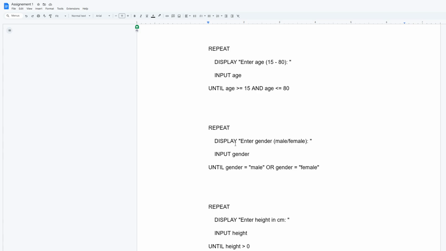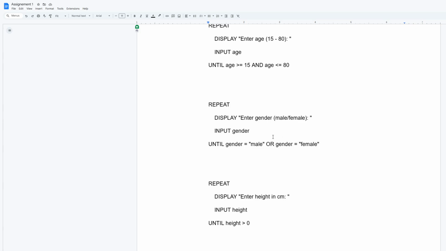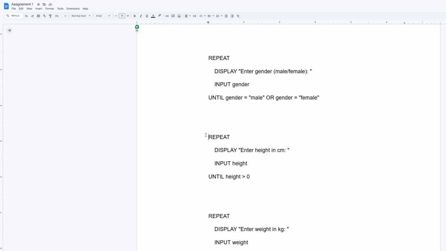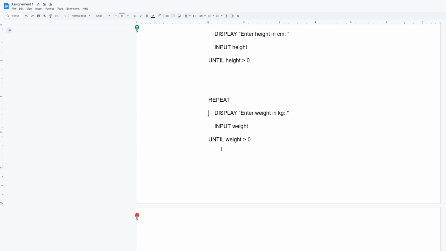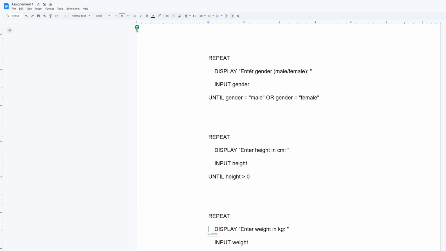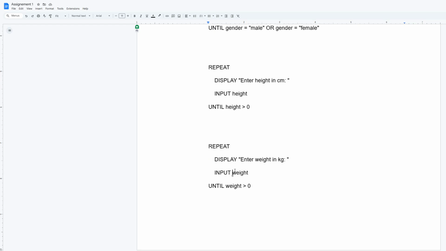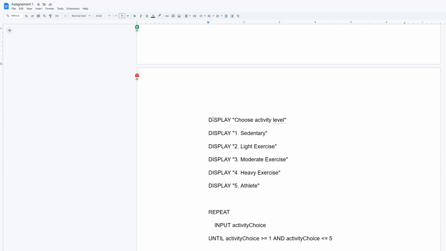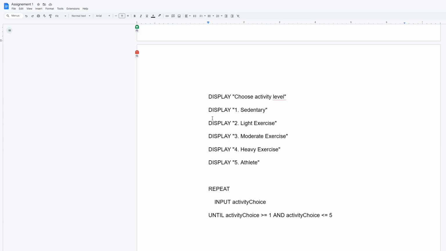All right, then we will be inputting the gender. It'll be calling for the gender, whether it's male or female, input, and then repeat until gender is male or female. There, it uses this repeat statement for each part of the code until it receives the gender, height, and weight, and then it'll give the user an option to select the activity level as